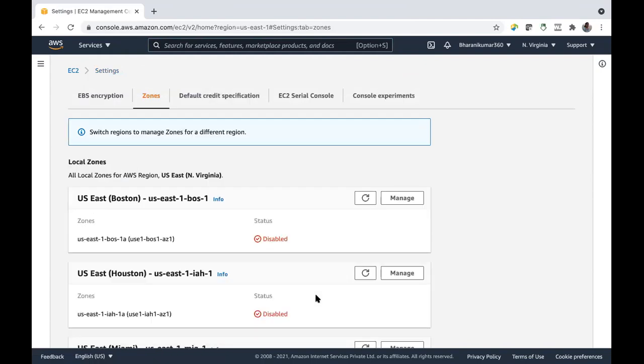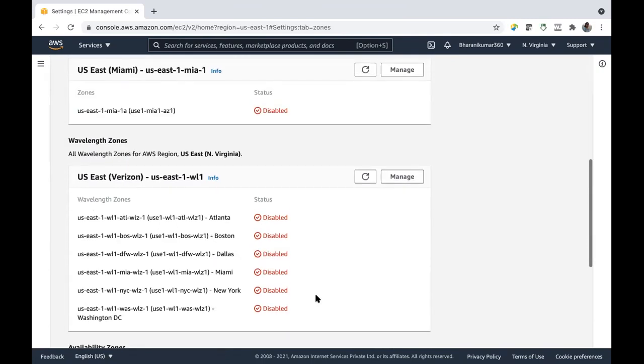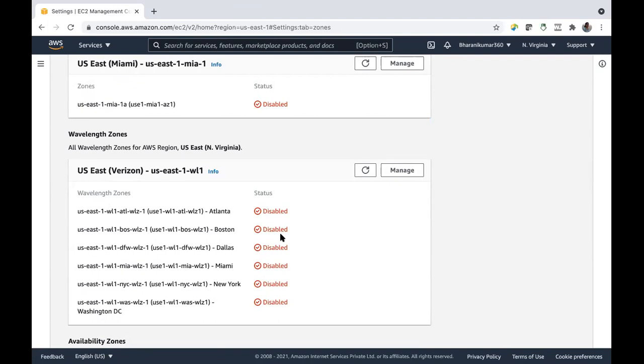That's it. Then when you are creating your EC2 instance in step 3, you'll have an option of choosing network and subnet. If you enable this, in that list, you'll also get your availability zones. If you are developing some application and this application has more users who operate it on smartphones, and to make it a less latency or highly available application, what you can do is enable this wavelength zone and create your servers in the wavelength zone.